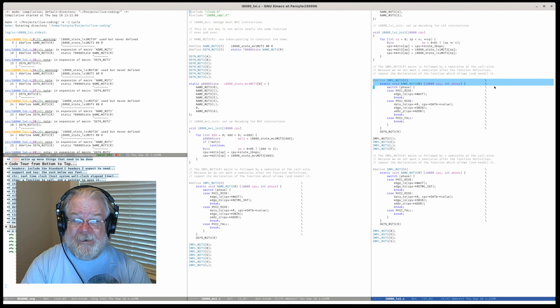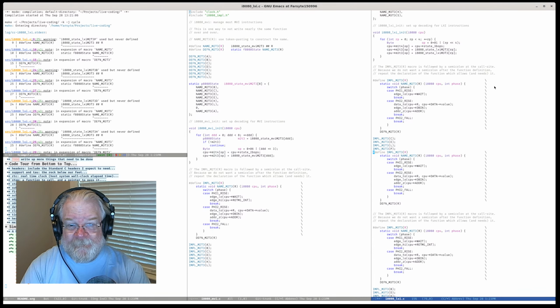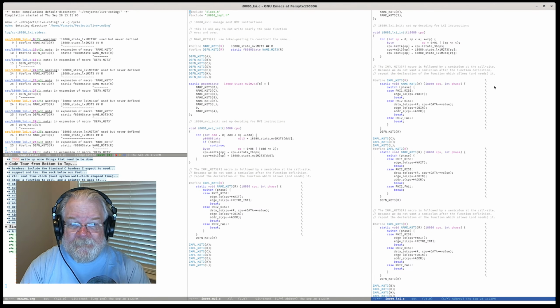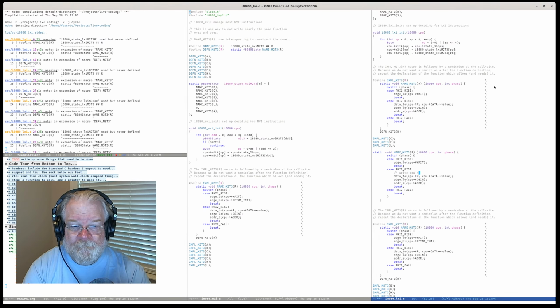And the difference here is that for P, data 2, this is going to have to do a little bit of a dance. There is no P register here. Like that.